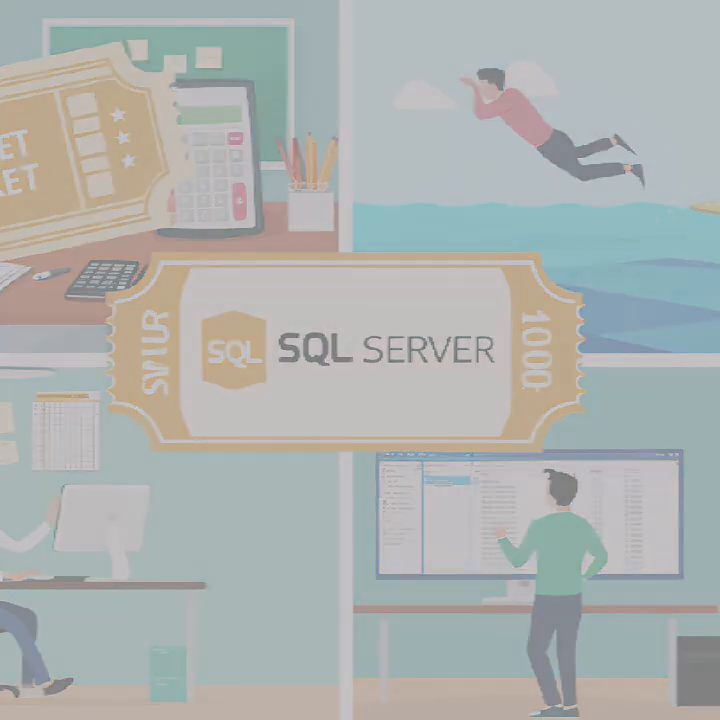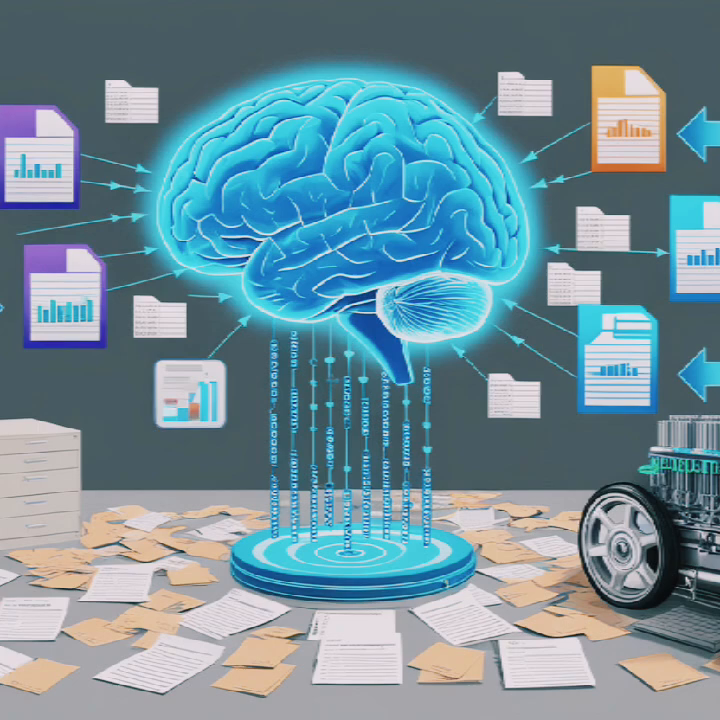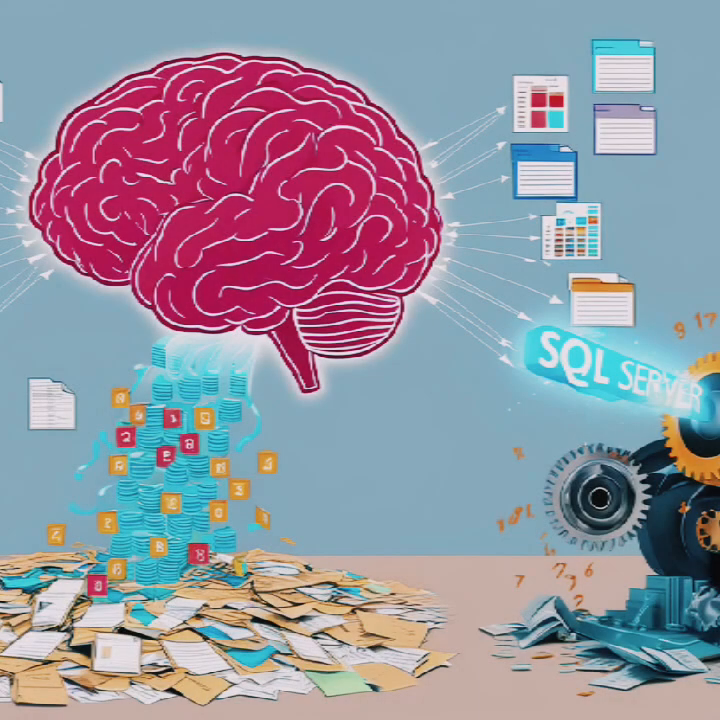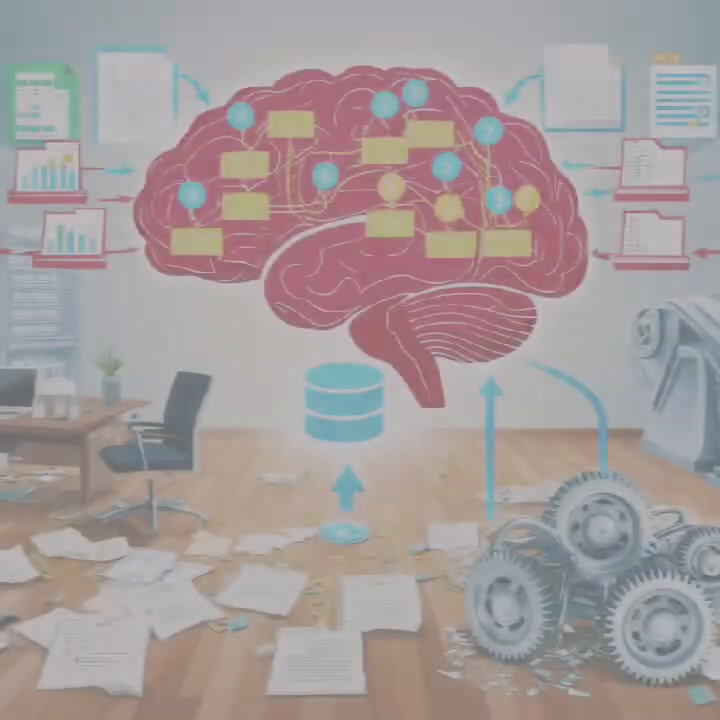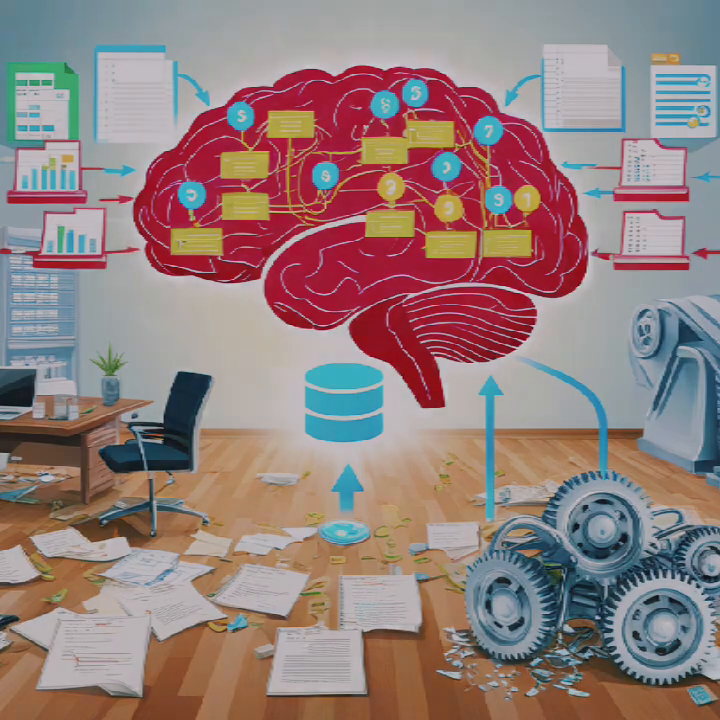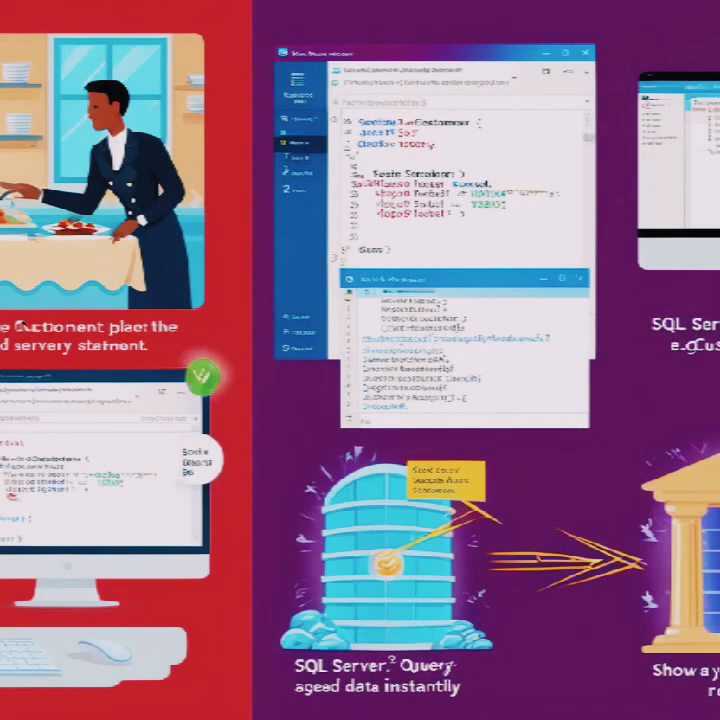A simple query might look like this. This query is asking SQL Server to pull all customers who are older than 25. Simple, right? But here's the kicker. Learning to write efficient queries